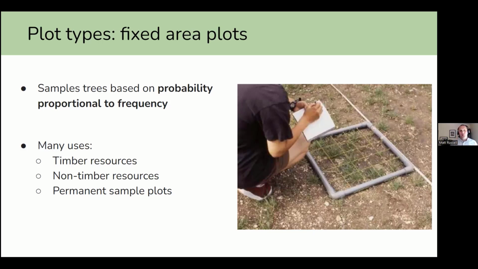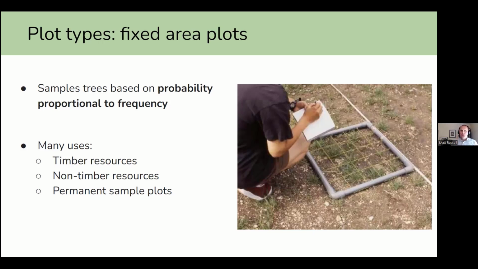It's very widely used for that because they know they can go back to the same point and measure the same trees over time. That gives them a really good estimate of the growth and ultimately the yield and volume of many of those trees. These permanent sample plots are a good use of some of these fixed area plots that we come across in forestry.